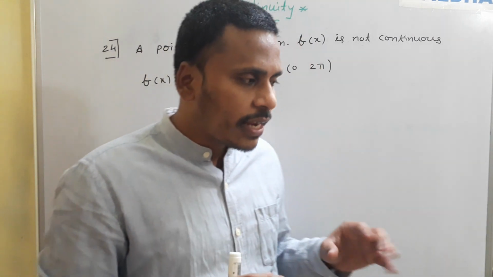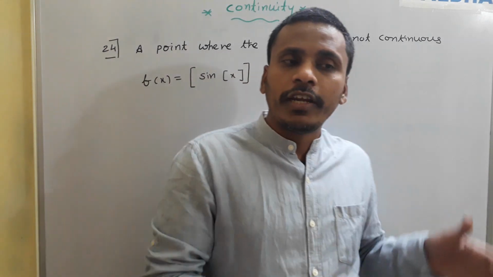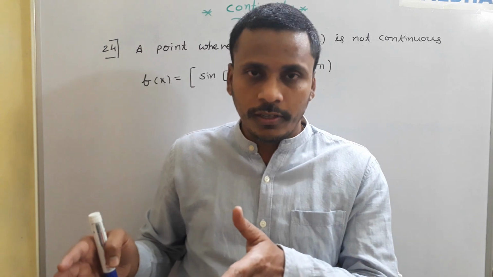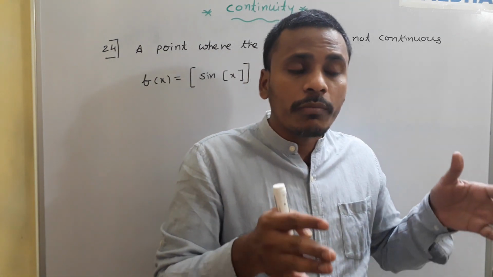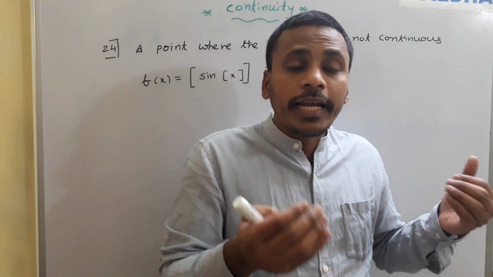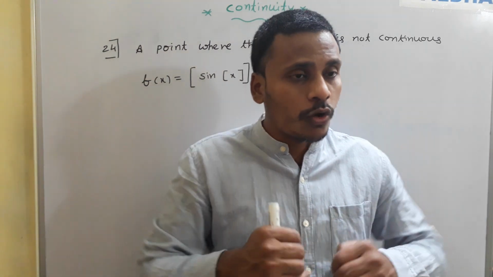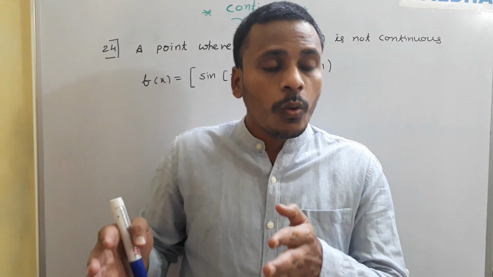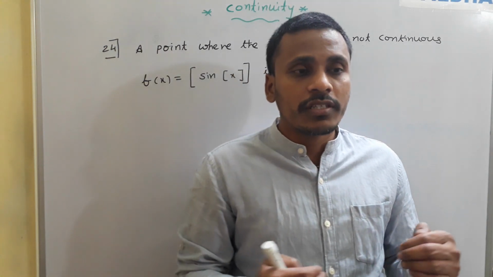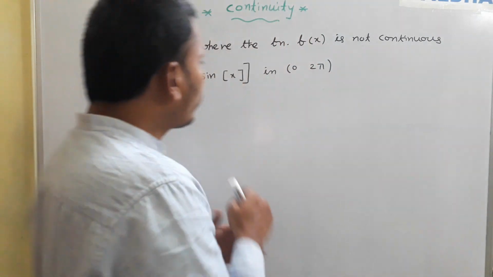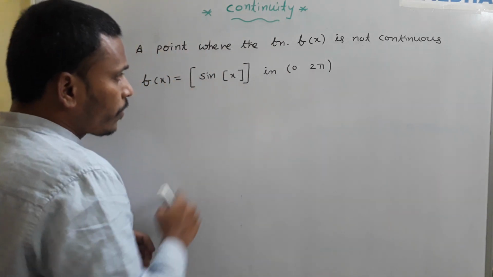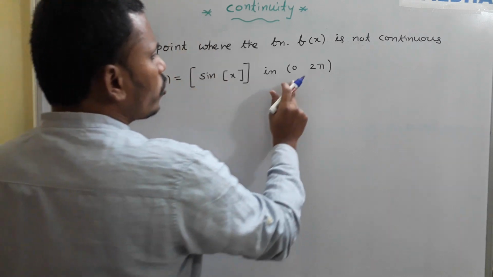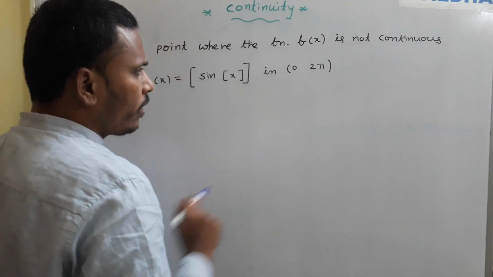Basically sin x is from -1 to 1, and we need to split the -1 to 0 region as well as the 0 to 1 region. If sin values are between -1 and 0, inputs are in the third and fourth quadrants, and sin values are in the 0 to 1 region where the inputs are in the first and second quadrants. Here our input is [x], so I need to concentrate on this [x]. This x is between 0 and 2π, right?